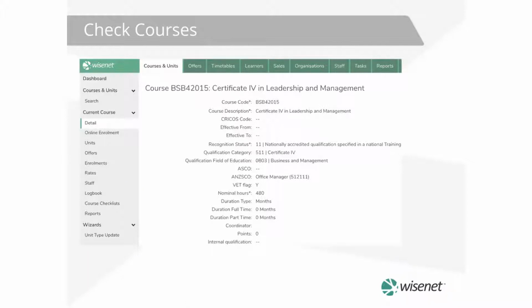But in some cases, if you've not imported your courses and if you've manually created a course in the system, then you have to ensure that the course code, the course description, the recognition status, the VET flag, and the nominal hours are entered into the system correctly, and they have to match what you see in TGA under your